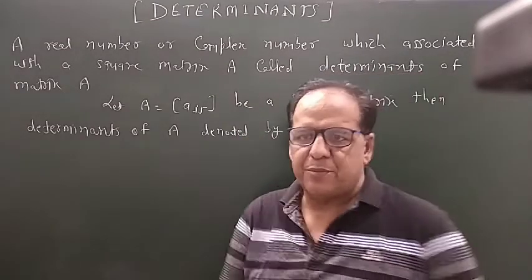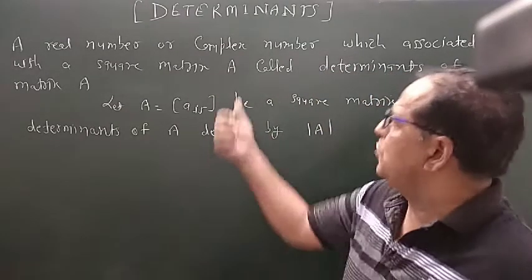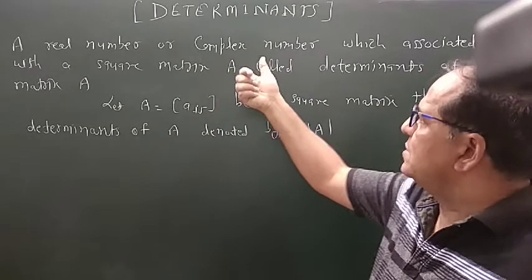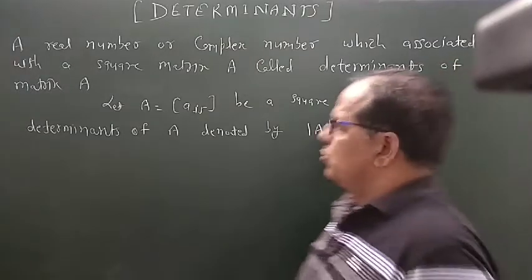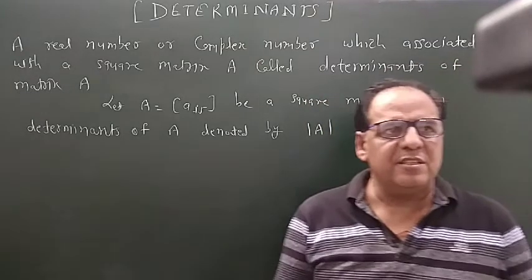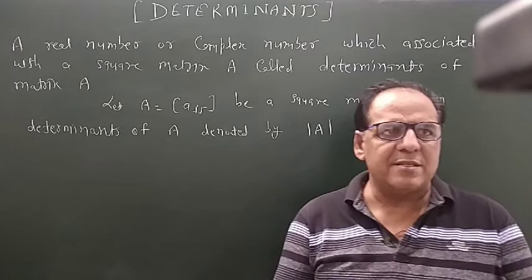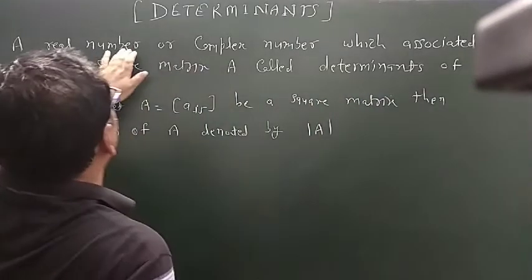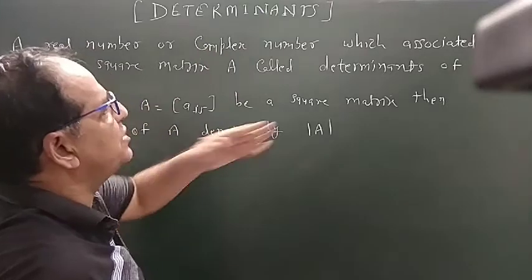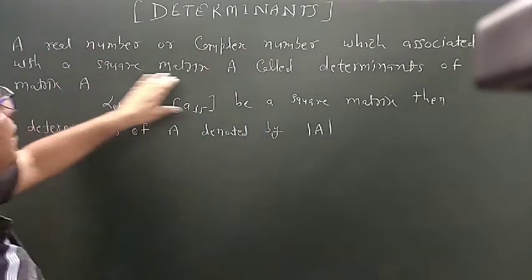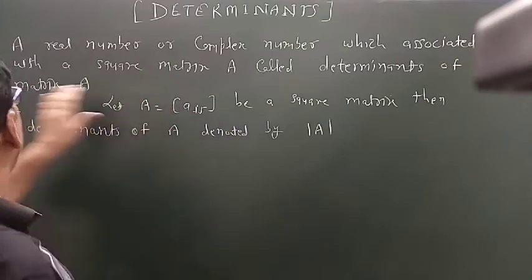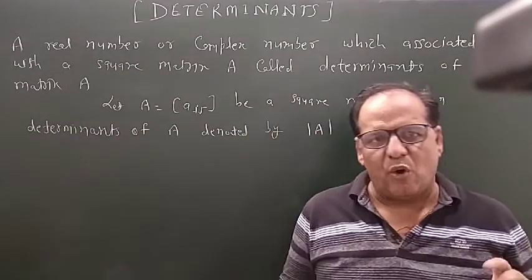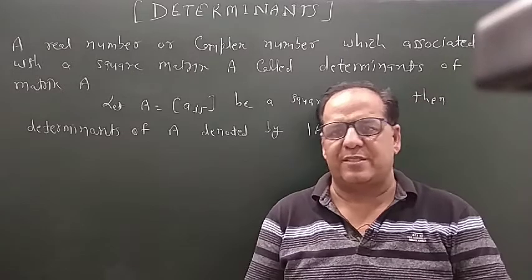After the completion of the chapter on matrices, now we are starting a new chapter from your NCERT book of the class 11th syllabus, determinants. So, what is the relation between determinants and matrices? A real number or complex number which is associated with a square matrix A is called the determinant of matrix A. This says that only square matrices